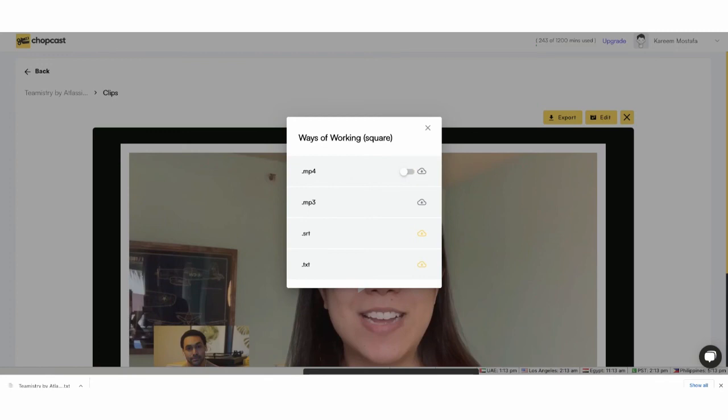This allows you to have these individual assets within your video editor of choice to be able to modify that even more. And there's a lot more features coming on the way to make it even easier to post-edit further beyond Chopcast. So this is just a quick look in terms of what you could do with Chopcast across video, written, and